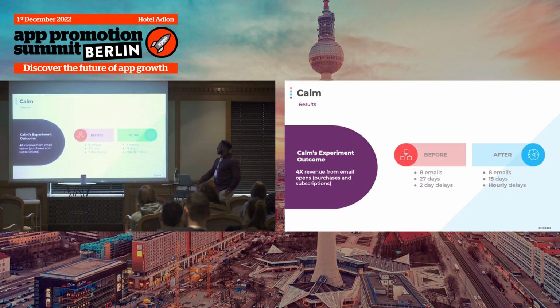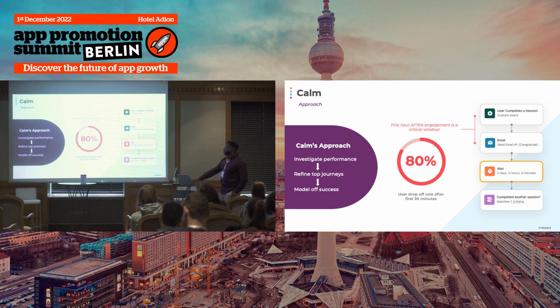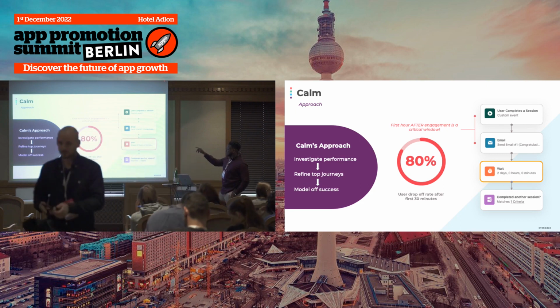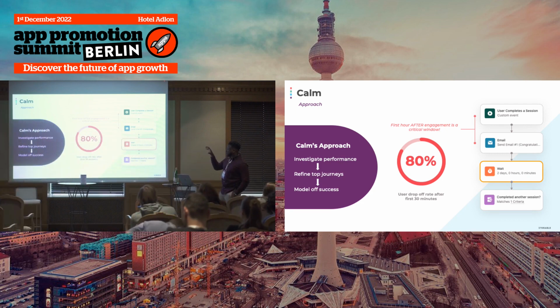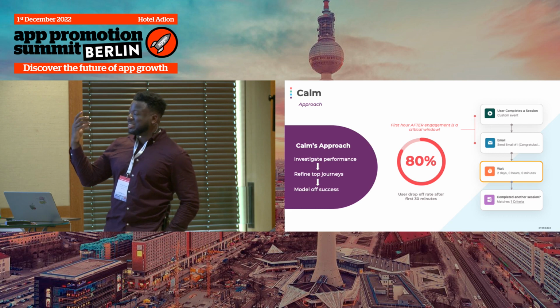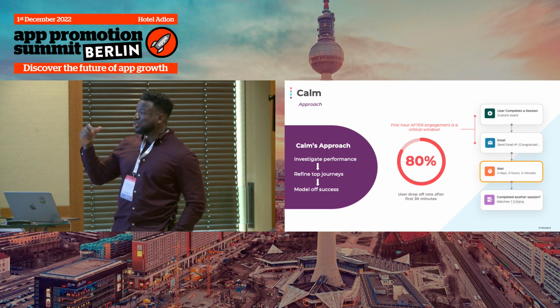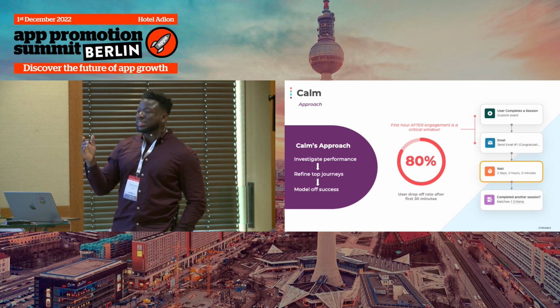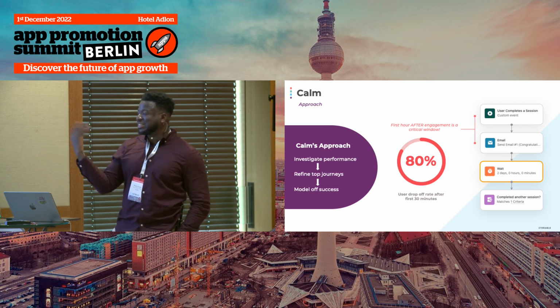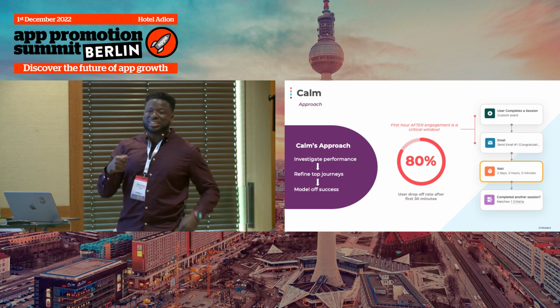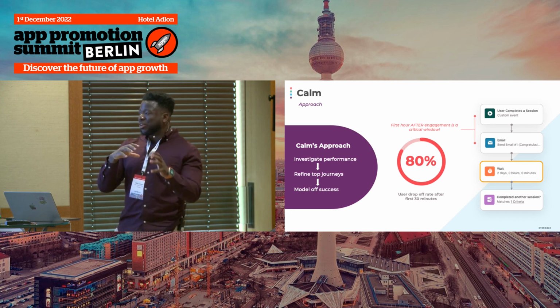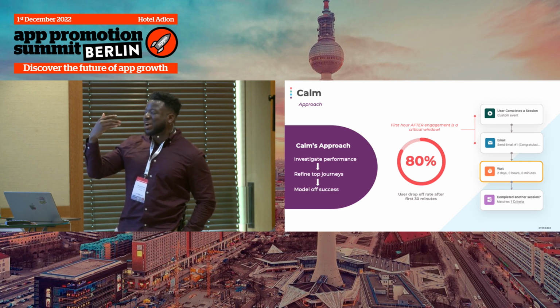Yeah, so I think from Calm's perspective, when this was done, it was being able to see at this stage that there was a considerable amount of drop-off. I know you were in the previous Amplitude session, so not too dissimilar to the example that was shown there, whereby they were able to identify this. Even though it seems quite simple, being able to engage that user and, not wait 2 days to send an email, but send a follow-up push notification to say, "Hey, Philip, how was your meditation session?" Oh, okay, I now leave a review. I'm now a bit more engaged. And now Calm is in the back of my mind.